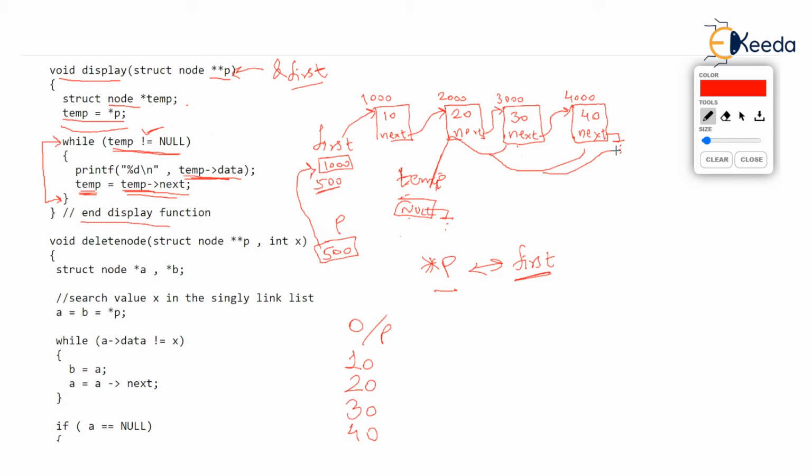And when temp became null, while stopped. So the condition in the while is, while temp is not equal to null. So the loop will break when temp becomes null, isn't it? That means when temp falls down after the last node, it falls to null. As temp becomes null, we stop the loop. That's the way we have printed a singly linked list starting from first and going up to the end.